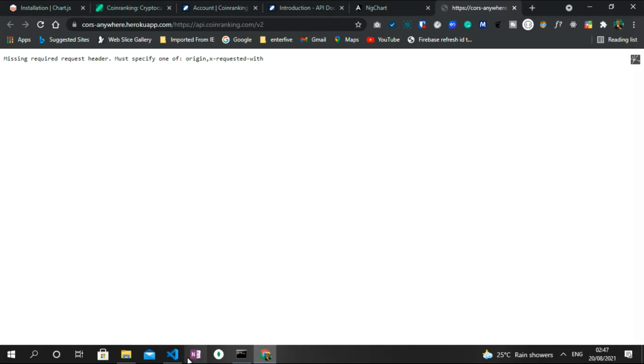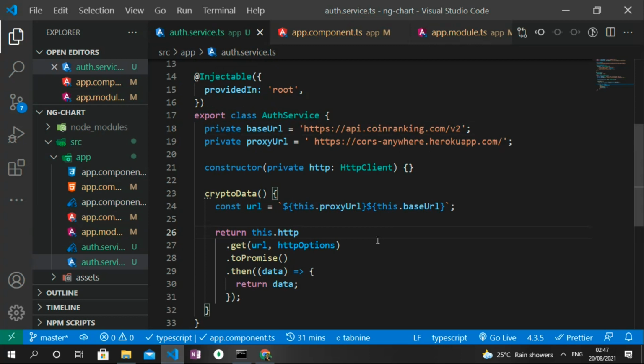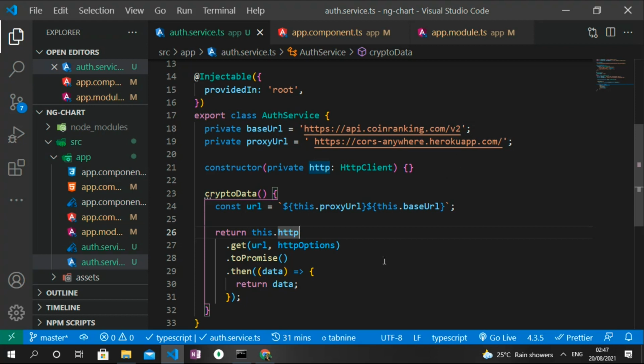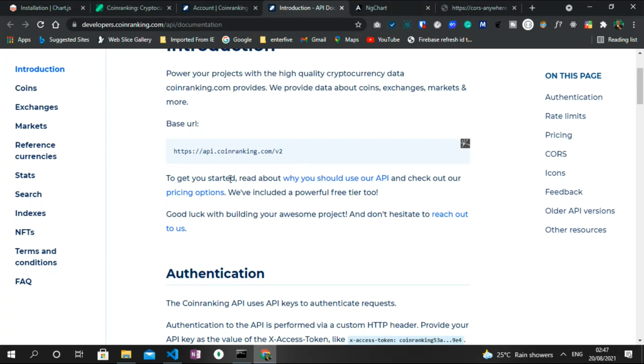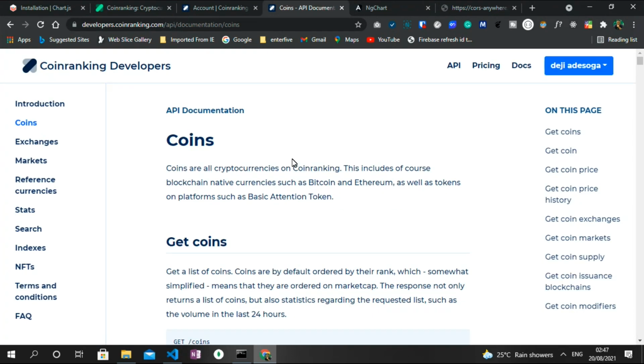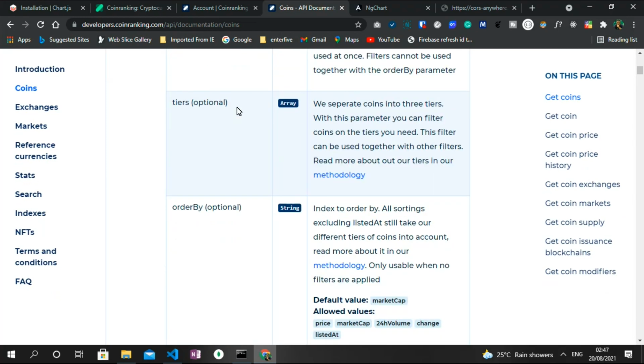So let me go back to my code, my auth service, because this is likely coming from the auth service. And I noticed two things. The first thing I noticed is the base URL does not show what we are trying to consume. We are trying to show a list of coins. So if I head back to the Coinranking documentation, you just have a base URL here, but what we are trying to do is get a list of coins. So there should be something at the end of the v2, like /coins. We are missing this in the URL,